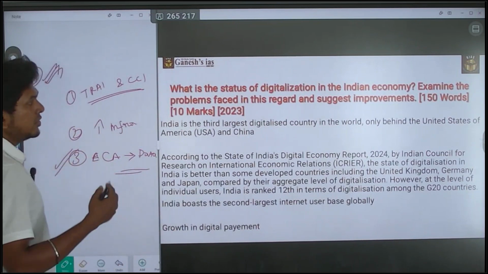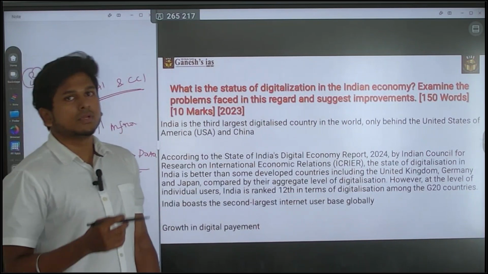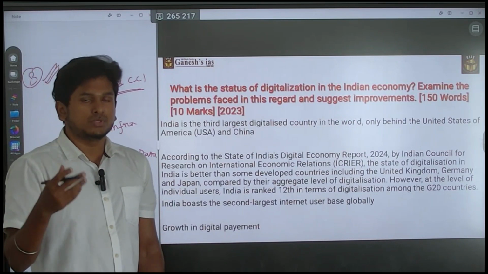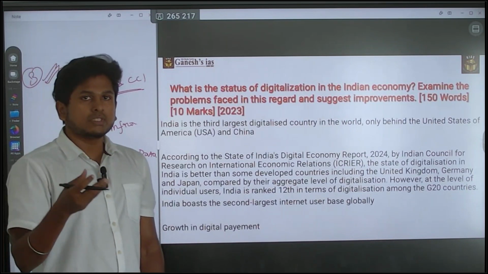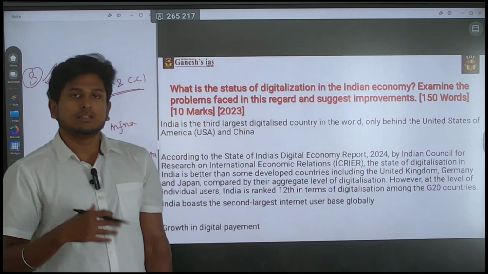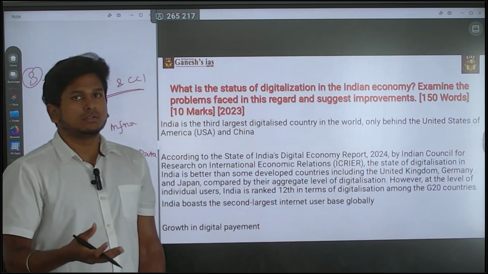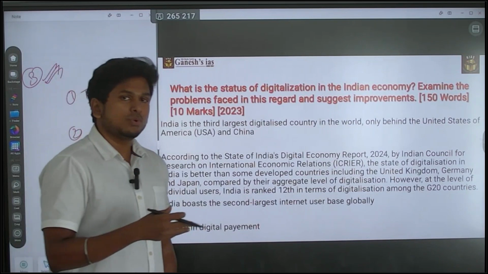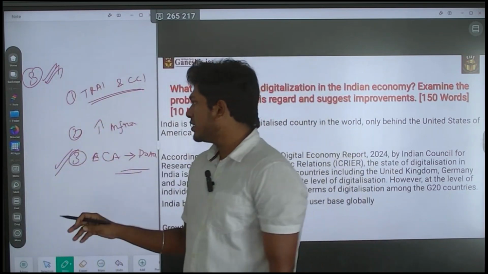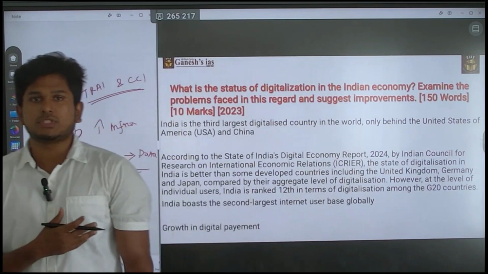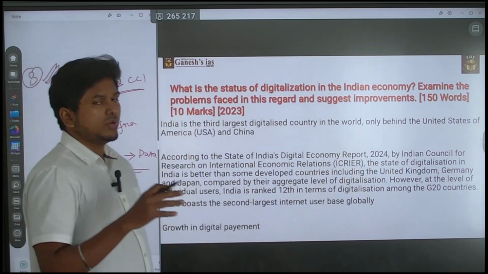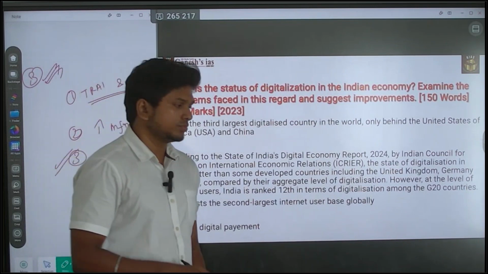At the end, you just conclude with: there is huge growth in internet penetration and smartphone usage, so the government's active participation in this sector is more needed. This is one way of concluding it. And please note, even though it's a 10 mark question, that question needs this much of an answer. This is the more important thing you need to note. Okay, thank you.